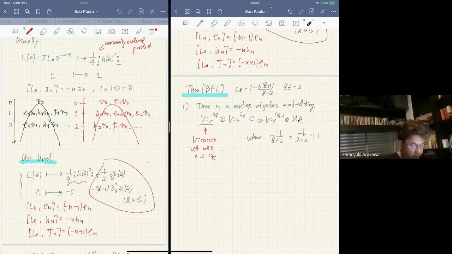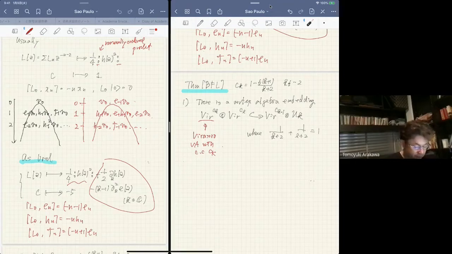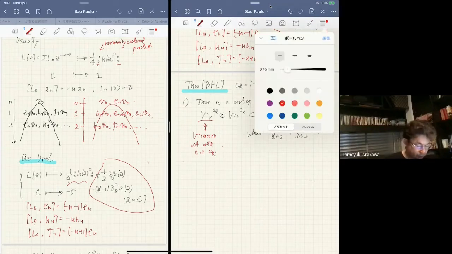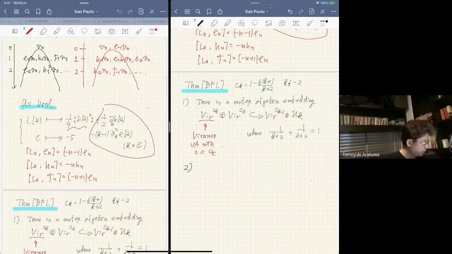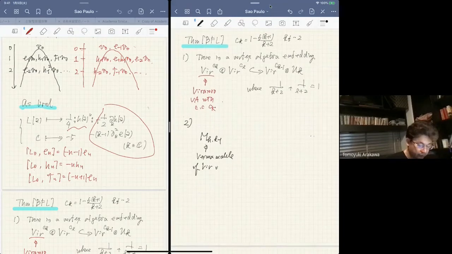If you don't know vertex algebra, you don't have to care about it. The point is that if you have a representation of this algebra, there are two commuting actions of the Virasoro algebra on such a vector space. So, for example, if you consider a Verma module of Virasoro with highest weight H and central charge Ck-1, then there's an action of this vertex algebra on this vector space, and